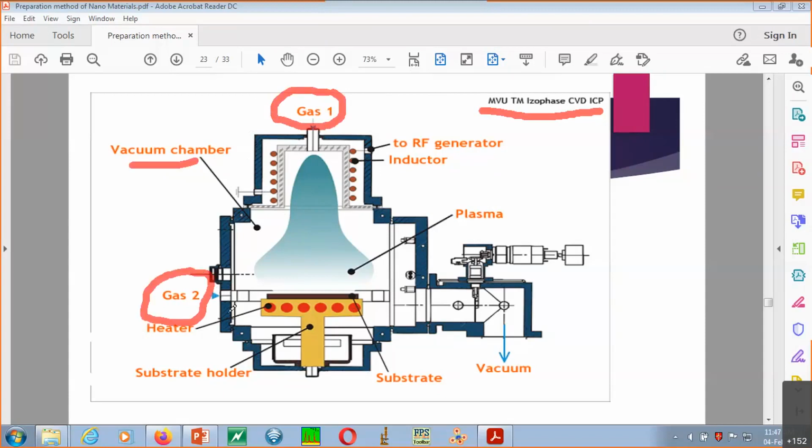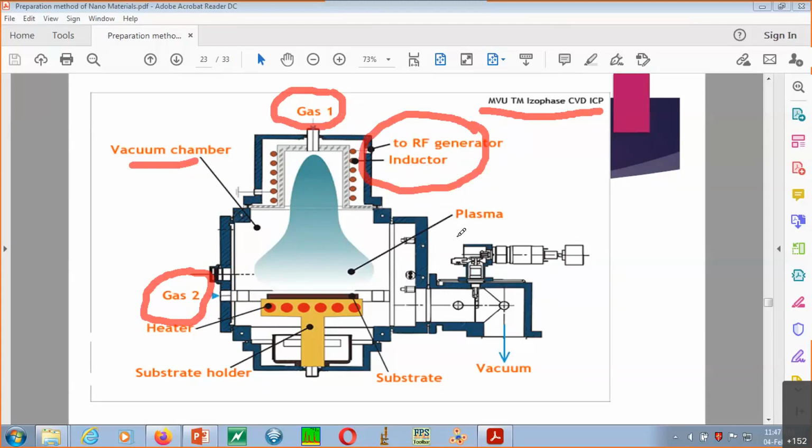In the same way there may be one or two more inlets, where you can put gas 3, gas 4, something. So if you are interested in only one material, then you simply use gas 1, but gas 2, gas 3 can also be used, okay, to get a mixture also. And of course these are the other parameters which we require so that this system will work properly. Okay, so we are not going into depth for each component, like what is the role of the RF generator and inductor, because this is more on the technical side of this device.